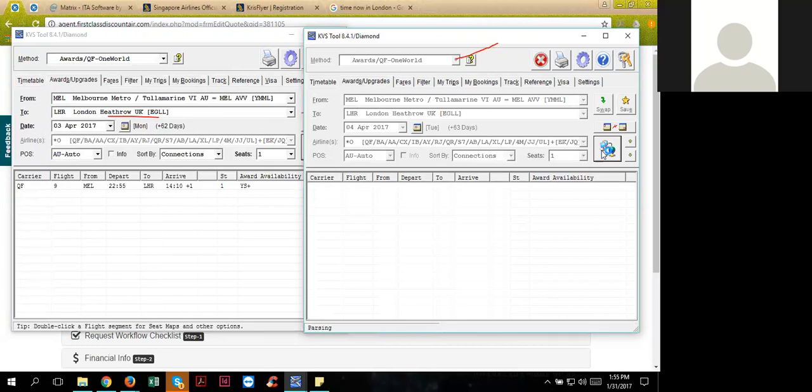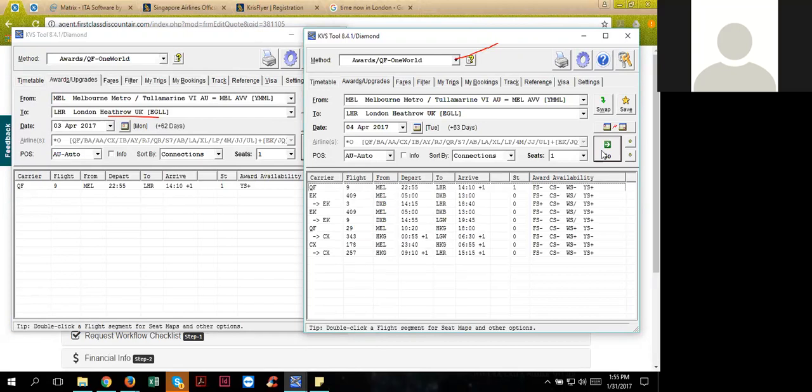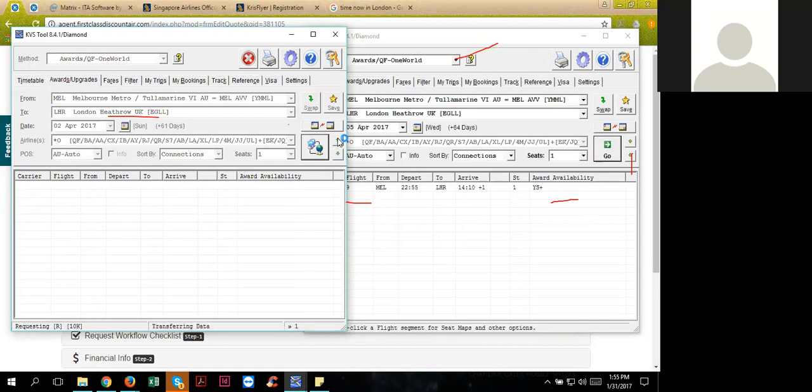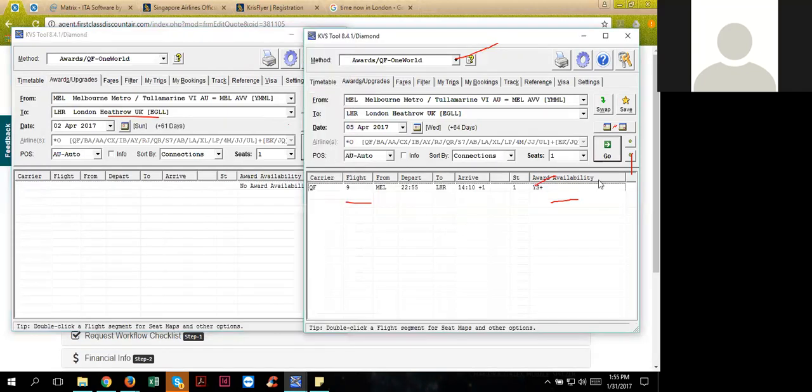Okay, there's a CS Plus, but it's only one piece of it. It's not both flights. So that means it's not available. So hit the down arrow on that one and hit the up arrow on the left. And so we're trying this. Okay, that Y means economy, so it's not business class. We need it to be a C. And this said no award availability. So we tried 3 days in a row on QF, not available. So let's change the airline again